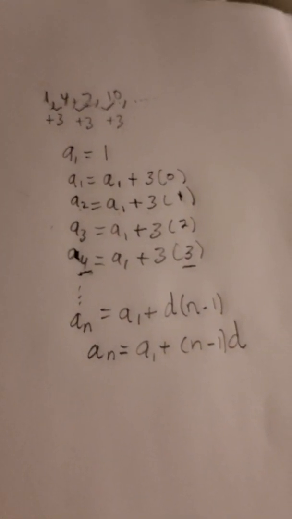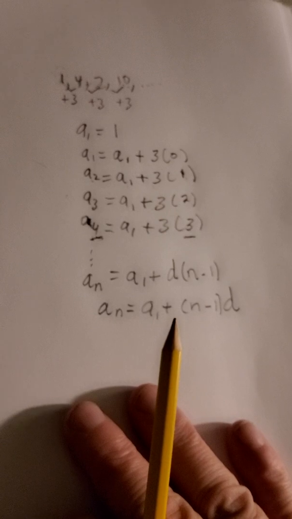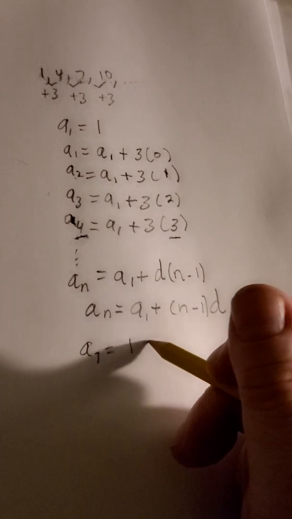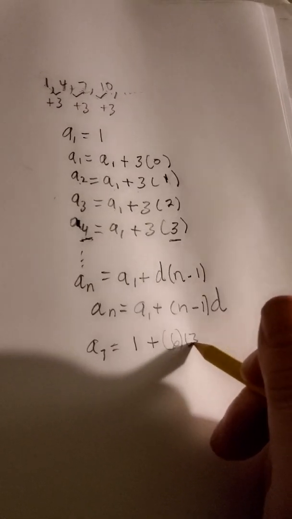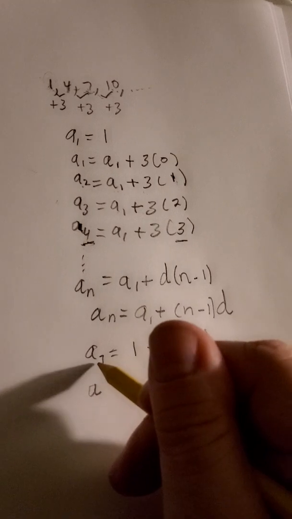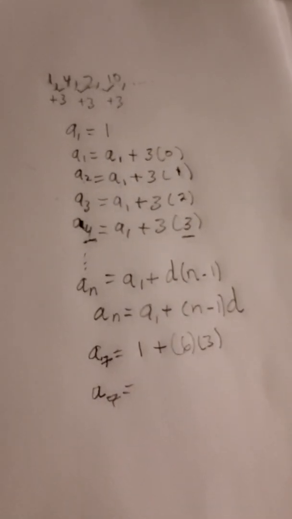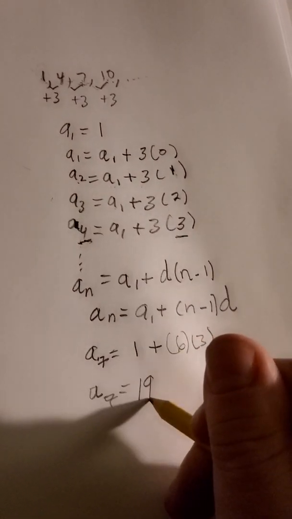So basically, in general, a sub n equals a1 plus the quantity n minus 1 times d. Well, let's see if it works. Let's find out what a7 equals. A sub 7, okay? That should be 1 plus, well, 7 minus 1 is 6, and 6 times 3. So A7 should equal 1 plus 18, which would equal 19. So if I go 7 positions up here, if I go 7 terms up here, 1, 2, 3, 4,